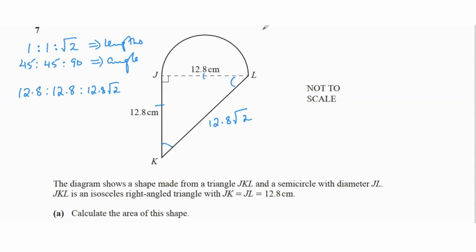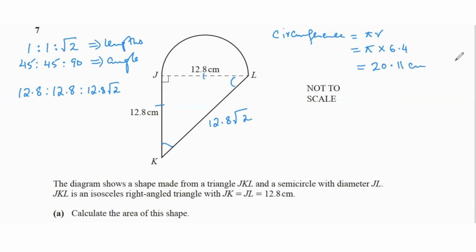So let's begin with finding the circumference. Circumference is going to be pi r. Why pi r? Because the circumference of a circle is 2 pi r, so 2 pi r divided by 2 is pi r. So pi times 6.4 equals